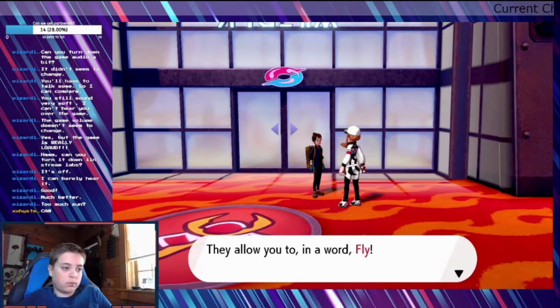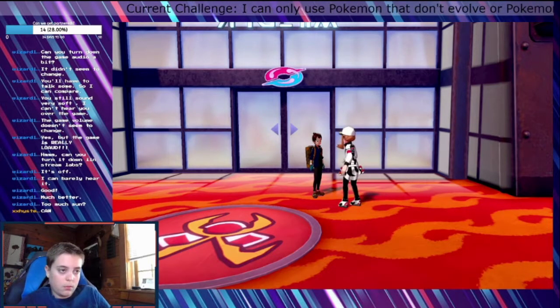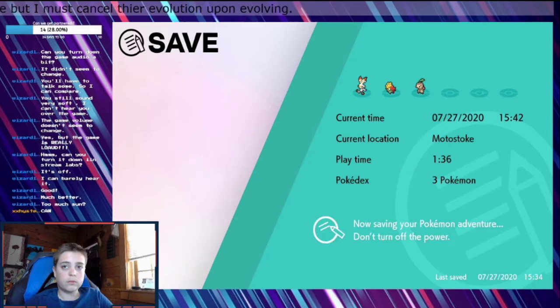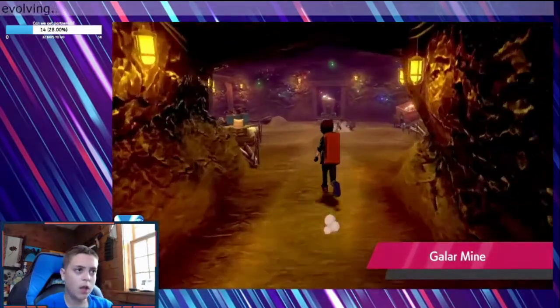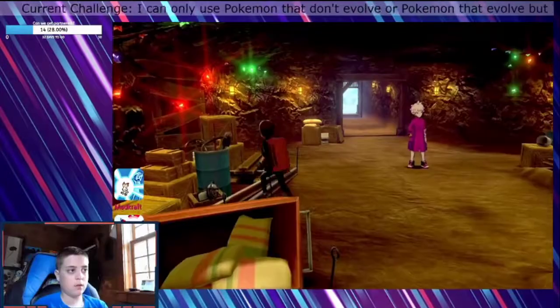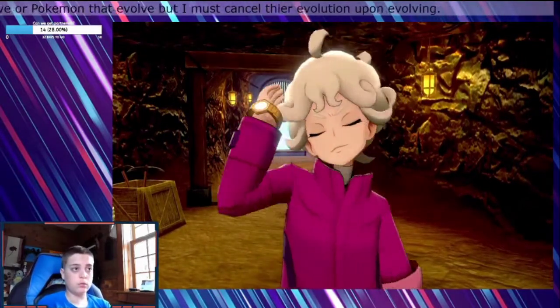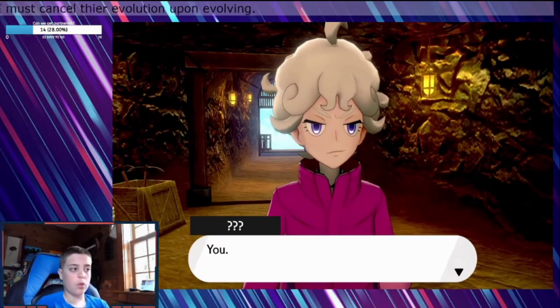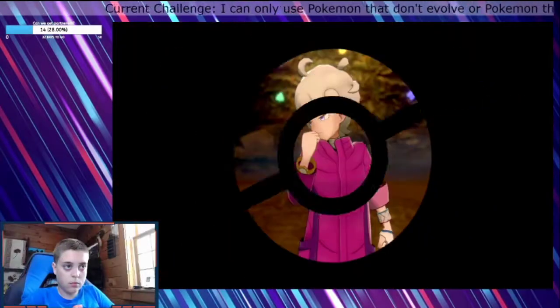We then exit the stadium and receive the flying taxi ability from the league staff woman outside of it. Now we can travel by air and walking. We then save our game and enter the Galar Mine, where we do not end up catching a new Pokemon, but at the very end of it, we have to challenge Challenger Bede, another question mark to begin with,